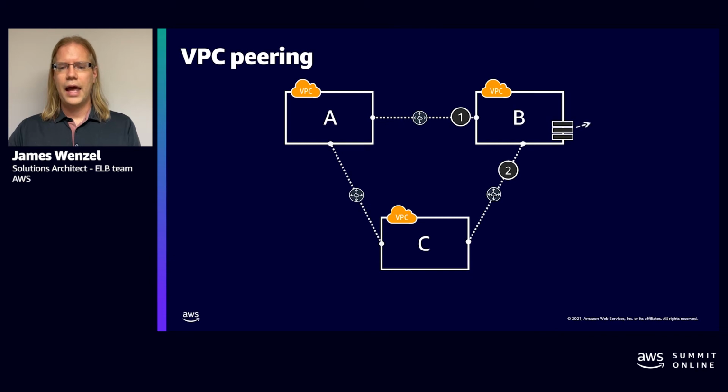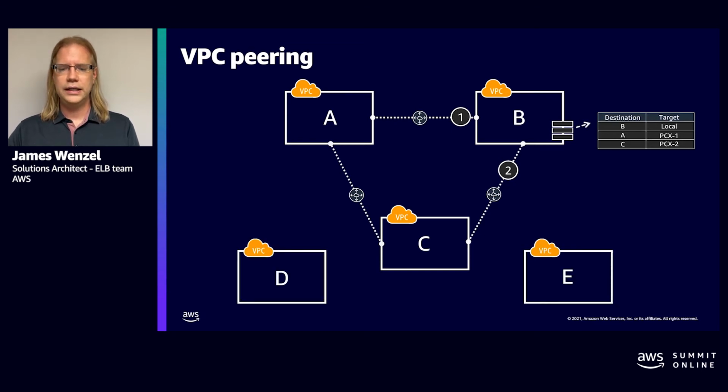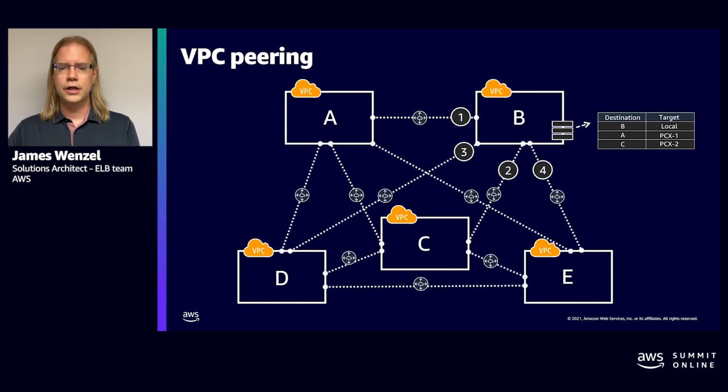So if we're adding any more on top of this, we have to make sure that we have our routing tables. We show here, B has a routing table that needs to be replicated to all of the others that have routes for every connection. So if we want to actually add more, like say a D or an E, we have to build a full mesh, and that full mesh has to be represented in each routing table of every VPC. VPC peering can also happen cross region. So from one side to the other, everything operates and works well. But keep in mind that if you're going to go at scale, you're going to need to do something else.